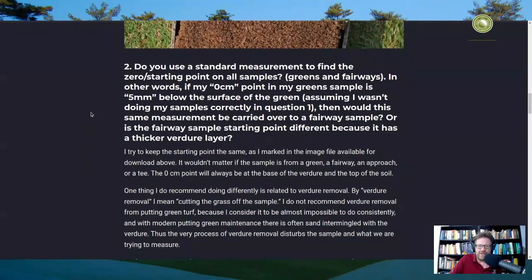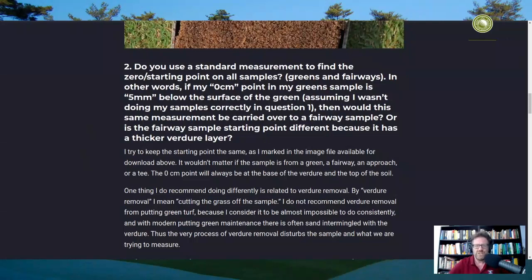And then the next question is, do you use a standard measurement to find the 0 point on all samples? And that is basically saying if I'm testing my greens and also testing my fairways, would the 0 point be the same? The answer is yes, absolutely. The 0 point for me is always going to be the base of the plants and the top of the soil. But one thing that I would do differently on fairway samples, if you're going to do this sampling on